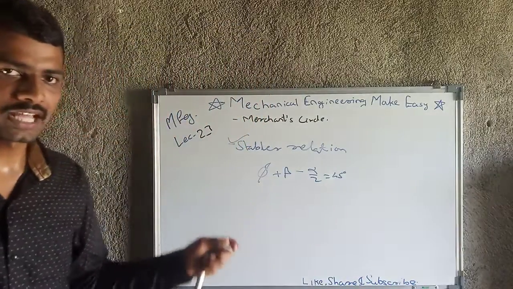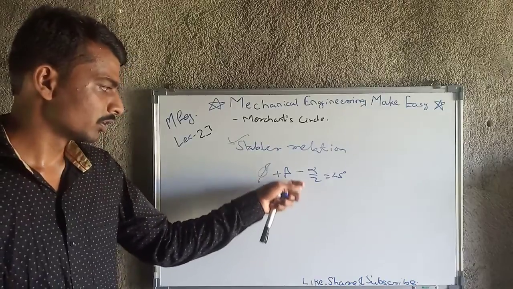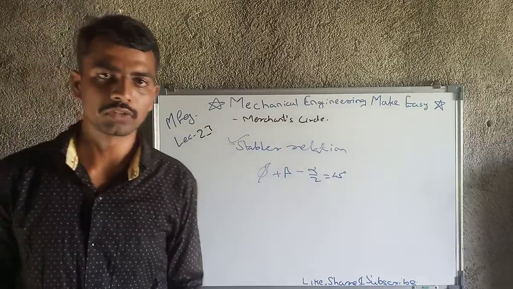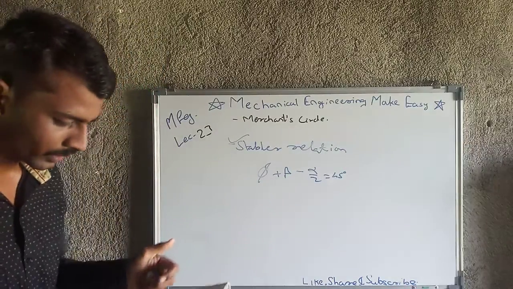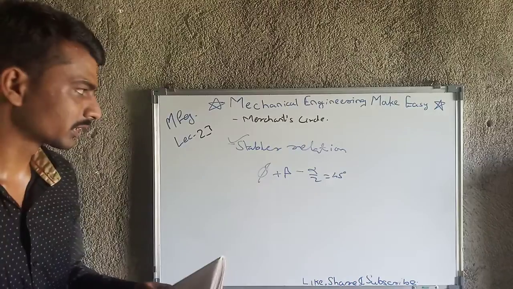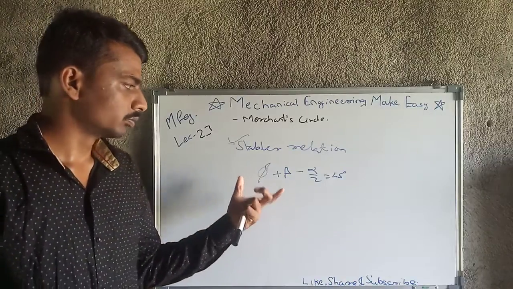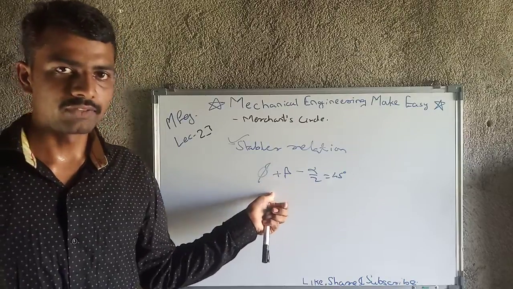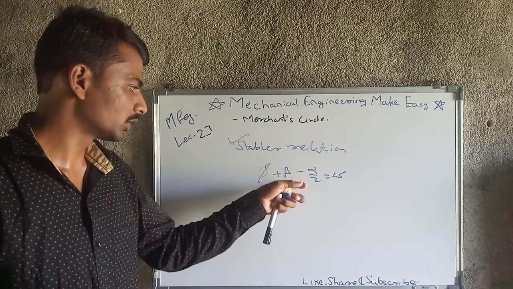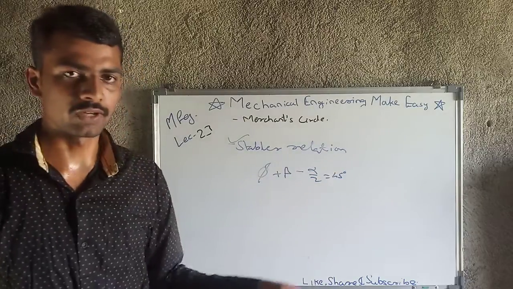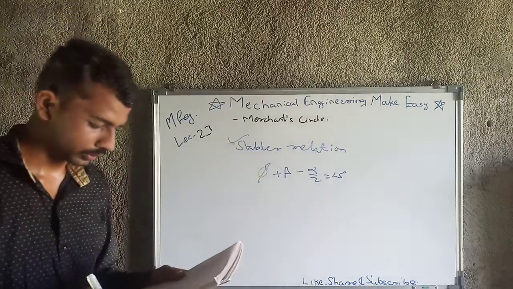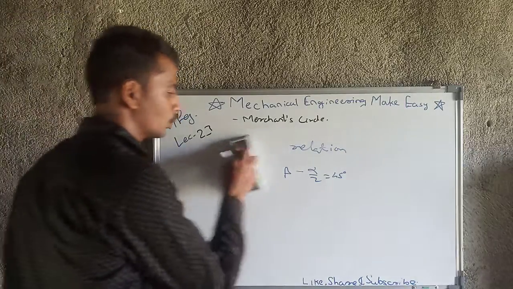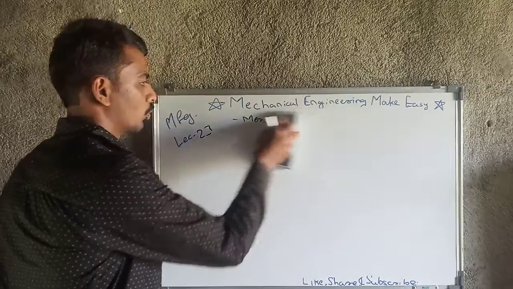Okay, what is the tabular relation? That is shear angle plus angle of friction minus rake angle, divided by 2, should equal 45 degrees. This is the tabular relation, and the question came like this. I think the question was to calculate phi with the help of the tabular relation, and they have given the values of beta and alpha. Okay, then this is all I have designed for today's lecture, and now we will move towards our bonus point.